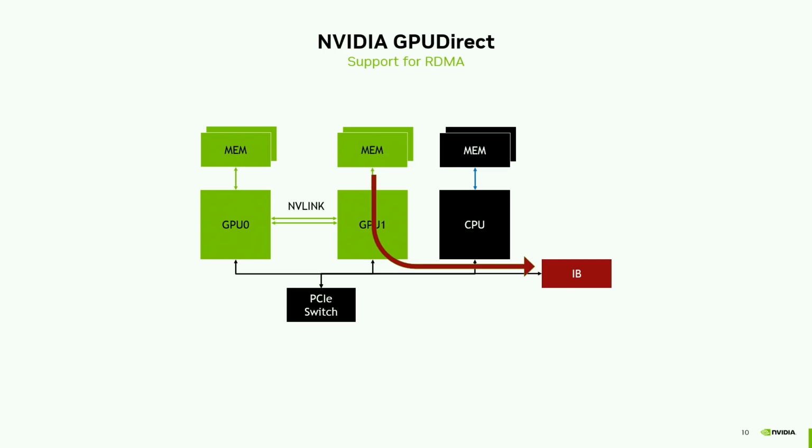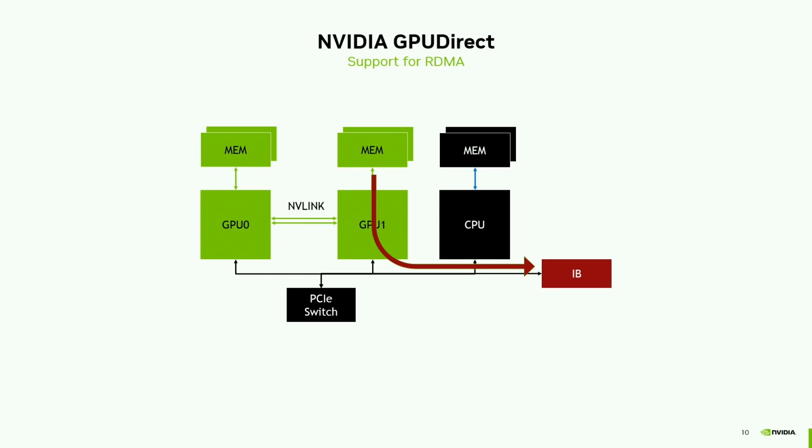Then there is GPU Direct support for RDMA, which allows third-party PCI Express devices to directly read and write to and from GPU memory. So in case of an InfiniBand network adapter, it can directly read data from GPU memory and send it over the network to the destination, so that you avoid also any intermediate steps